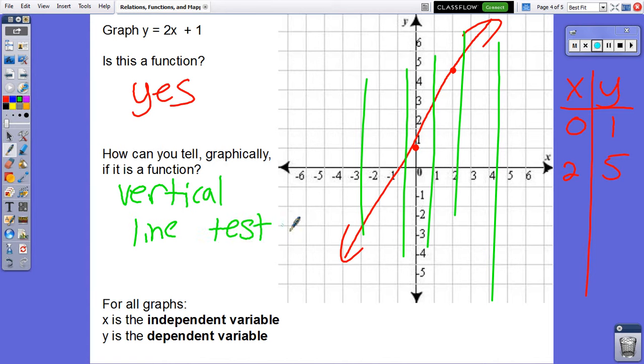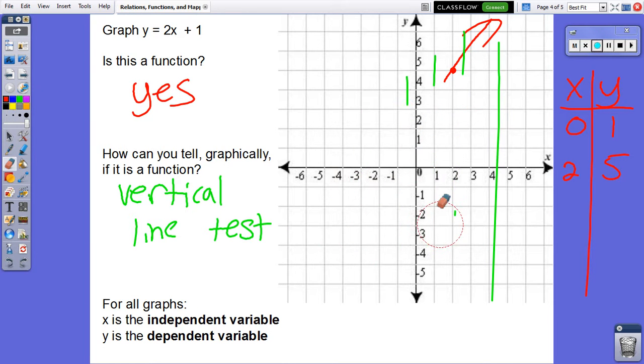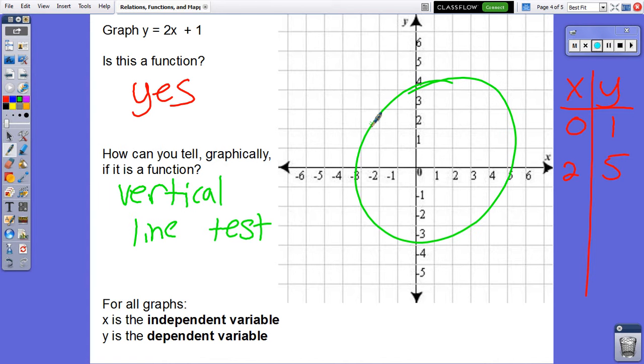So it is a function. To give you an example of something that is not a function, something that would fail the vertical line test, we could use something like a circle. If we were to graph a circle on here, and then start trying to draw vertical lines through this circle, you'll notice here it hits here and here, two points on the circle